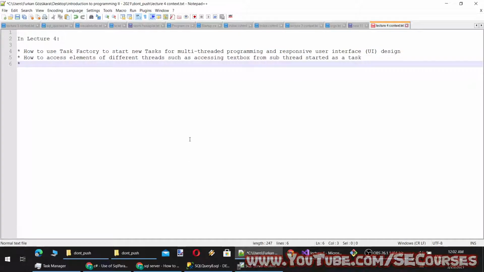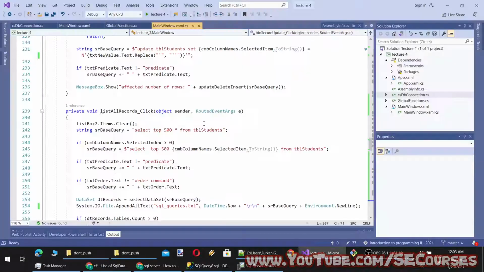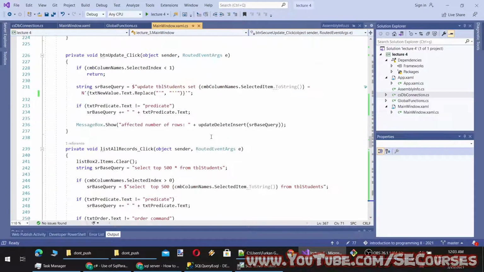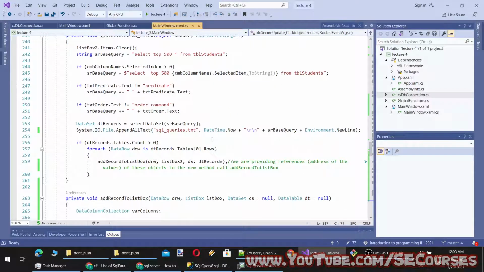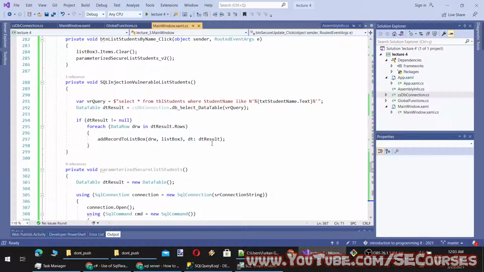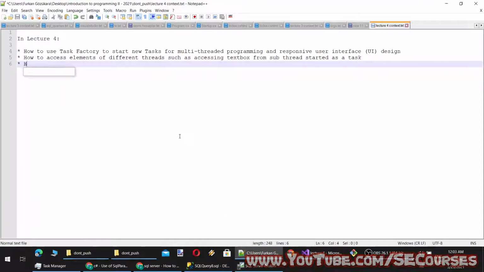All right, what else have we seen? Okay, how to properly convert code blocks into methods to prevent duplicate and copy-paste code programming.